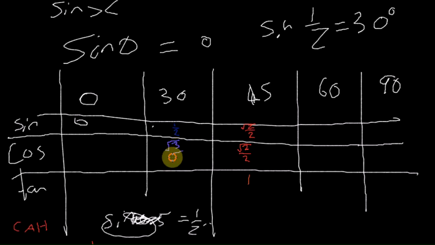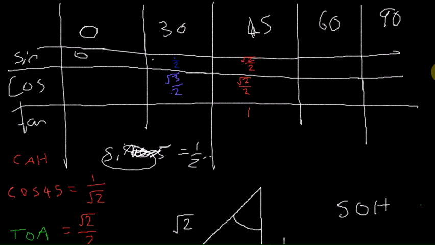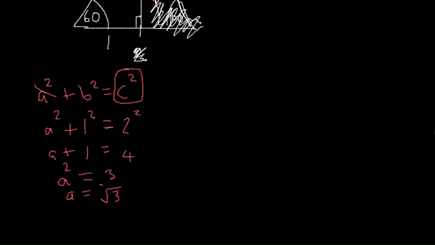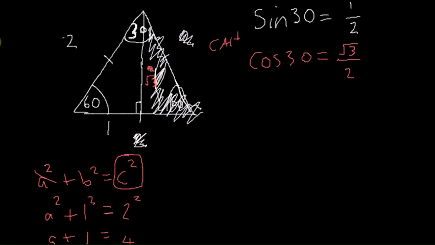So let's do the tan. Doing a green. So we want tan 30. And what's tan? It's SOHCAHTOA. So we want the opposite, which is 1, and we want the adjacent, which is square root of 3,